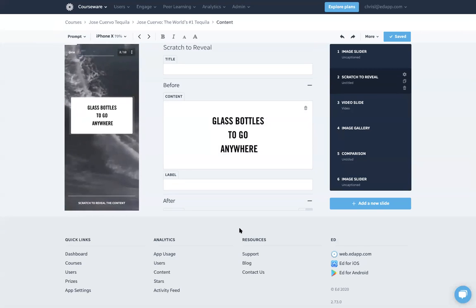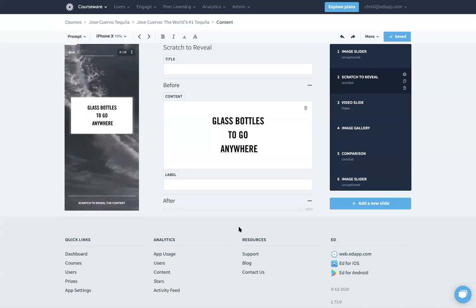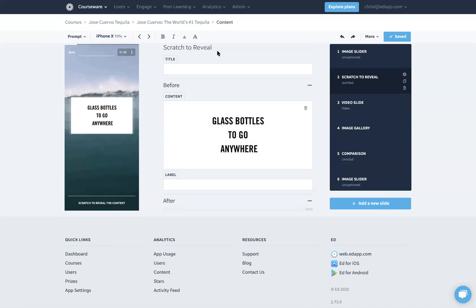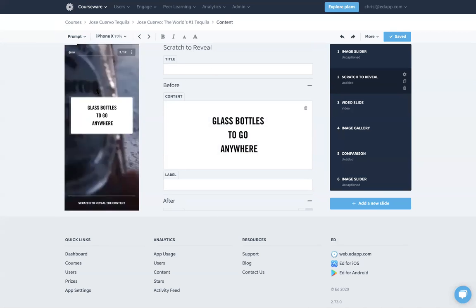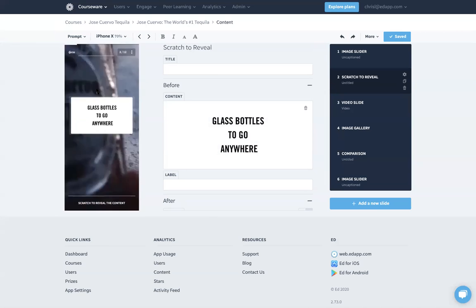And let's move on to our next style of template. Again, another shout out to Sam Farhi, one of our instructional designers here at EdApp, who brings up a really good point. What we're looking at here is a scratch to reveal template. And he conjectures that you should be adding a scratch to reveal template somewhere earlier in your training program or